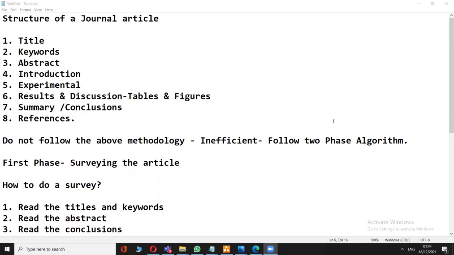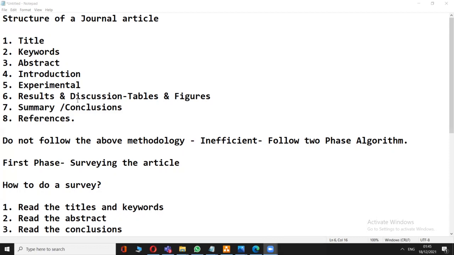Hi guys, in this video I'm going to explain how to read a research article properly. Normally we know there are 8 elements in a research article or a journal article. The first one is the title, the second thing is the keywords and the abstract, introduction, experimental and the methodology, and the results and discussion which includes tables and figures, then the summary and conclusions,